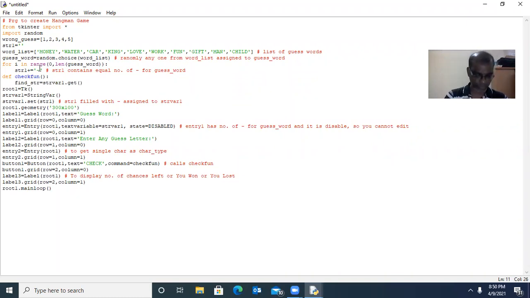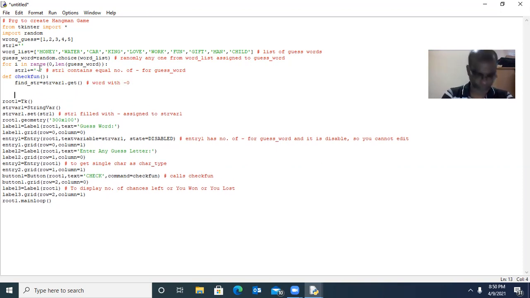Good. So after that, that is word with hyphen. After that, we have to get what is the character we typed in entry 2. That is char type equal to entry 2 dot get.